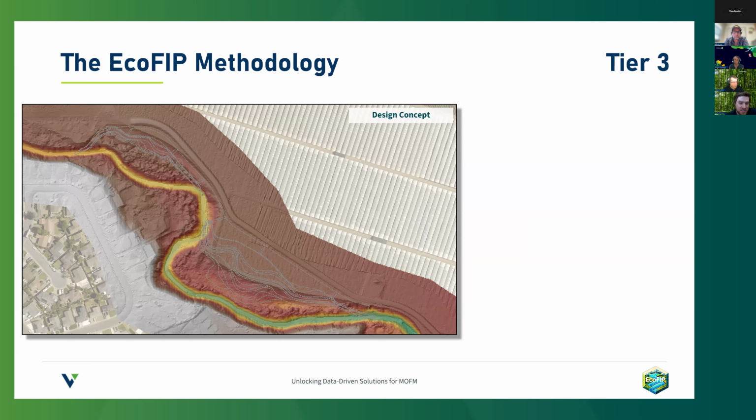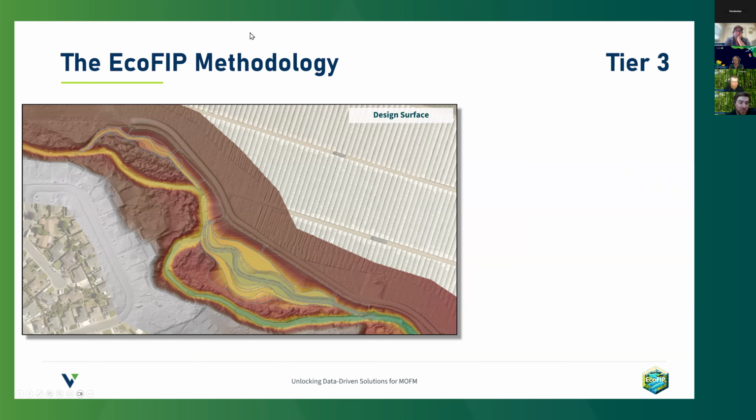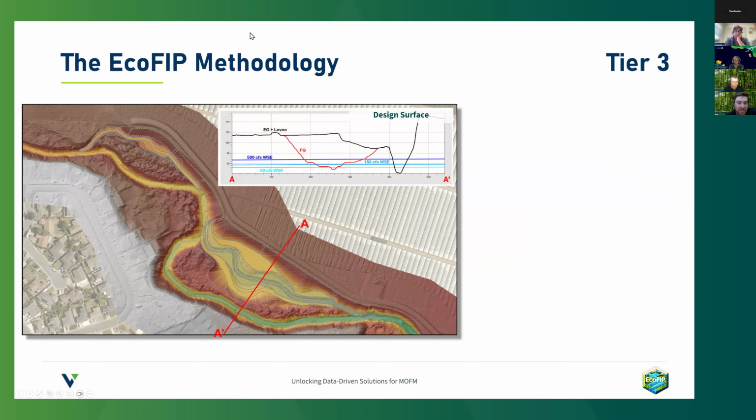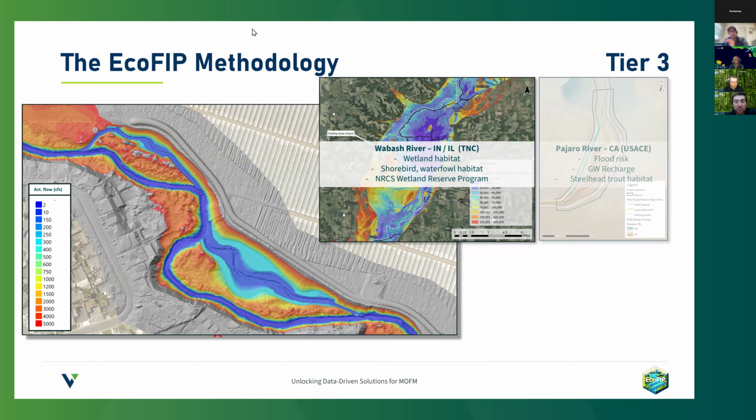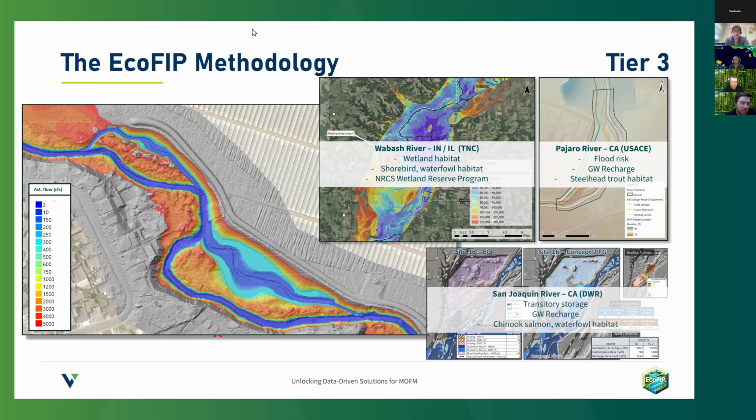And that finally gets us to tier 3, which is where we can get to a portion on the ground, delineate a high-level concept in GIS, have EcoFIP develop a concept surface out of it based on activation thresholds that we specify and target depths that we're looking to achieve, and then ultimately quantify the uplift. How much additional habitat are we getting for a certain species, or how much additional groundwater recharge, how much flood risk reduction are we getting as a result of doing this project, and what did it cost us on a rough order of magnitude to get there, so that we can quickly run through and prioritize these different concepts.